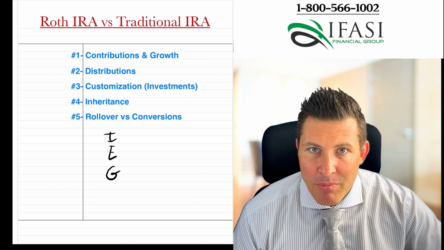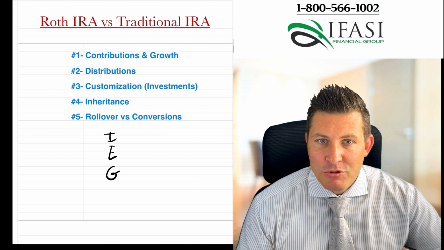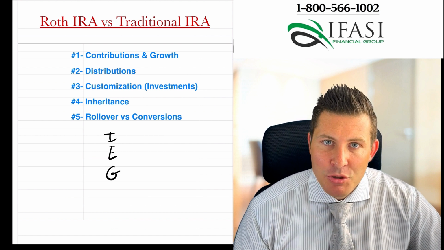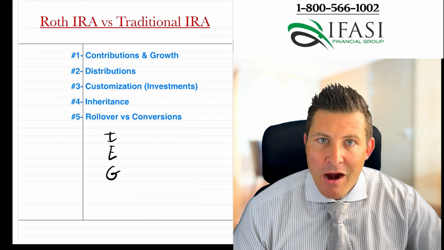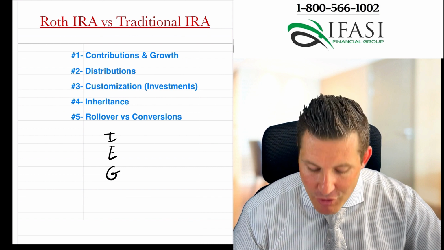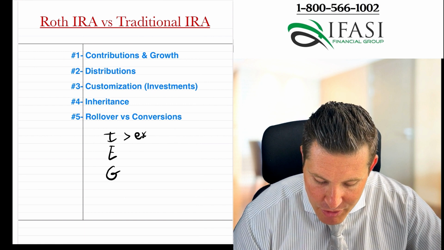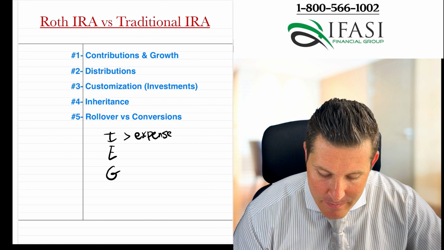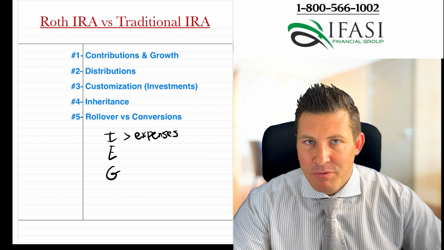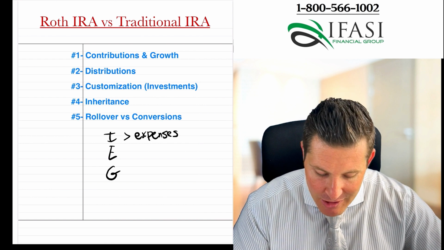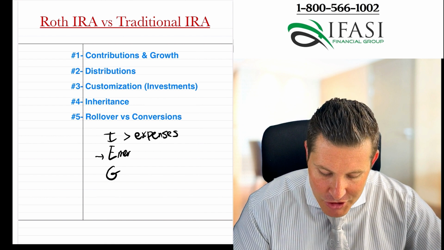When I say income, emergency, and growth, those are three key areas that any individual needs to figure out before they're retired, or if they're currently retired, how to stay retired forever. They want to make sure they're creating an income plan where their income is greater than or equal to their expenses throughout retirement. Whatever they don't use up towards an income strategy, they can have leftover monies for emergency related needs,